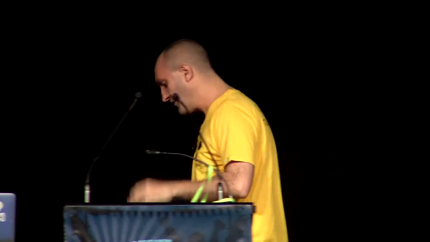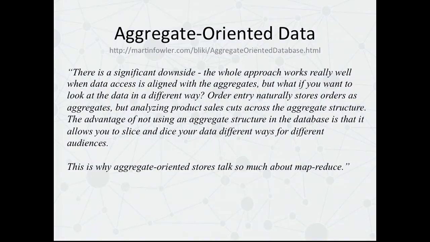Now, there's a couple of smart guys who wrote a book called NoSQL Distilled, Martin Fowler and Pramod Sadalage, and they observed that there are some similarities between these data models. They call them aggregate-oriented models. And what that means is when you're storing and retrieving symmetrically, when you're storing a product document and retrieving a product document, if you're storing a customer basket, retrieving a customer basket, these things work really, really well. Right? They're really tuned for the storage and retrieval of aggregates.